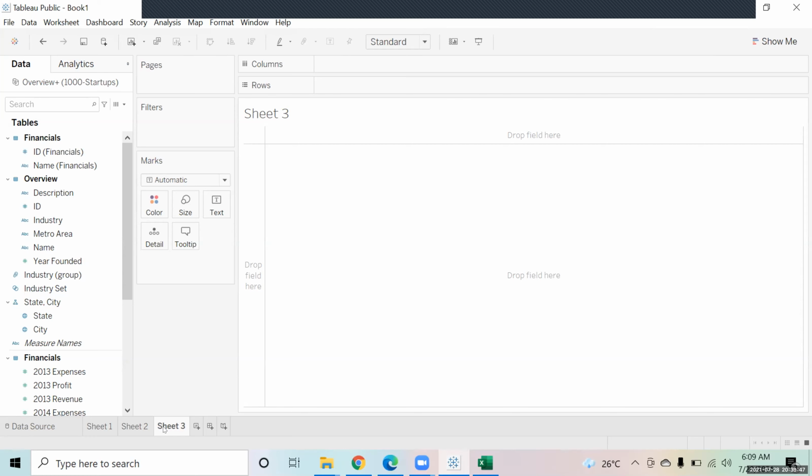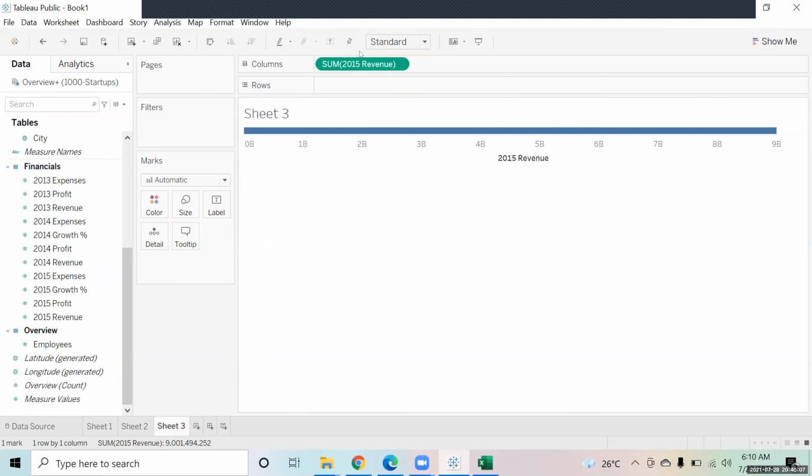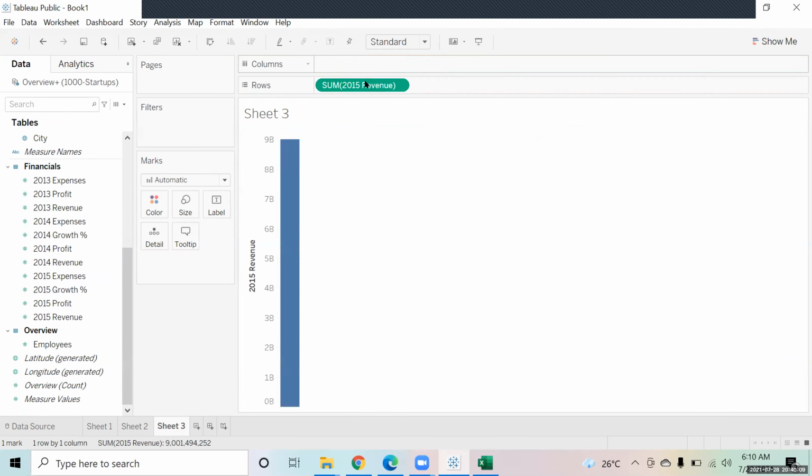So all of you create a chart where I would like to see the revenue and expenses of all the 1000 startups, right? So I'll be making a scatter plot. So 2015 revenue and 2015 expenses.